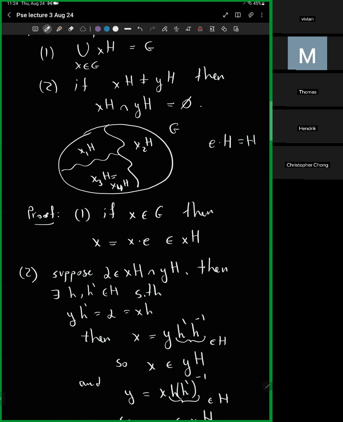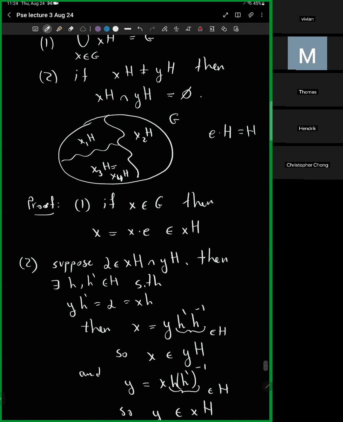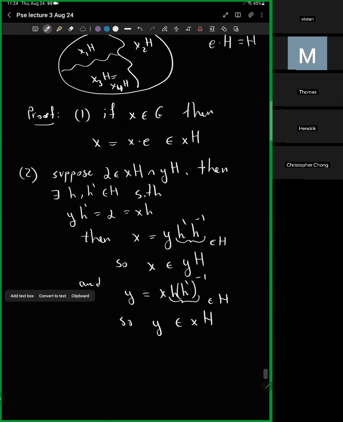I will give an example after the proof. Okay, thanks. So we have x belongs to yH, let's call it star, and this I call double star. From star, I can deduce that xH entirely is contained in yH, because